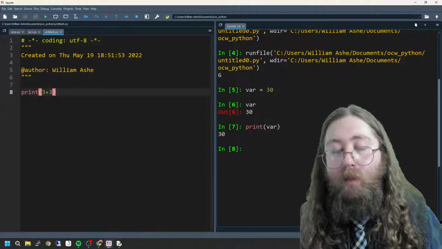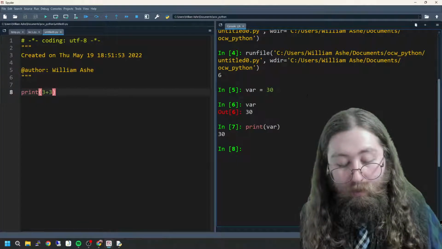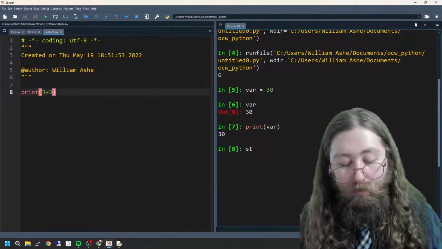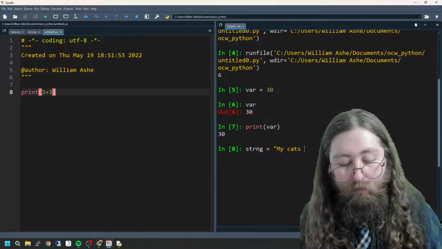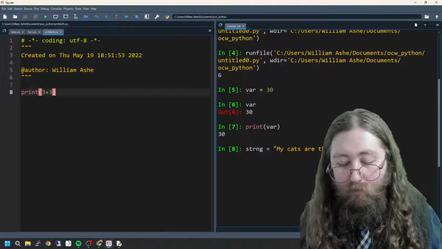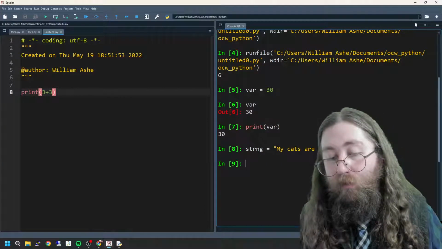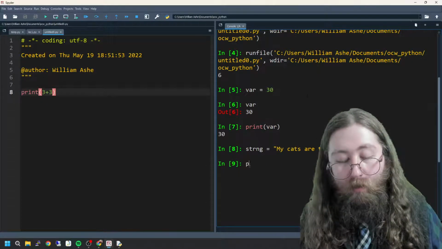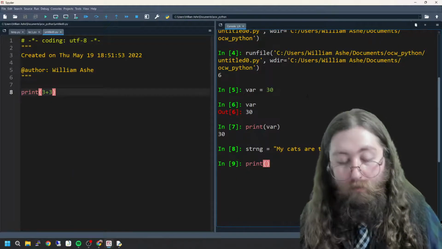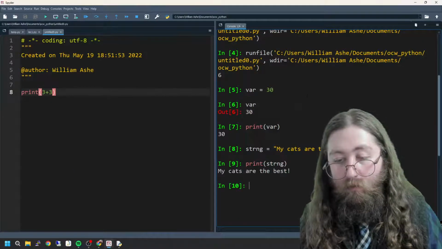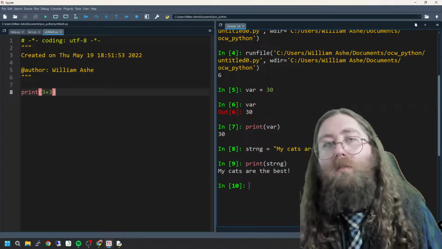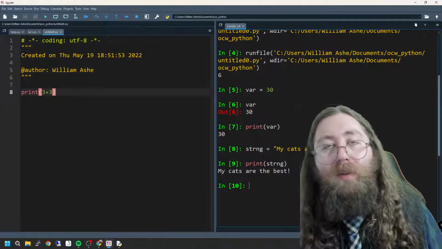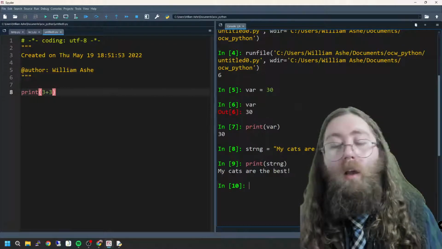Now you can have all kinds of data in here. I can say strng equals my cats are the best. I do have really nice cats. They're great. And then I can print my string. And we'll talk about strings. I forgot, we hadn't mentioned strings yet, but that's just another type of data.